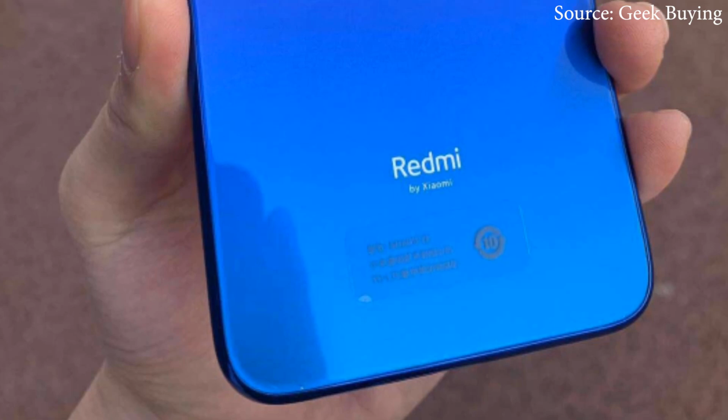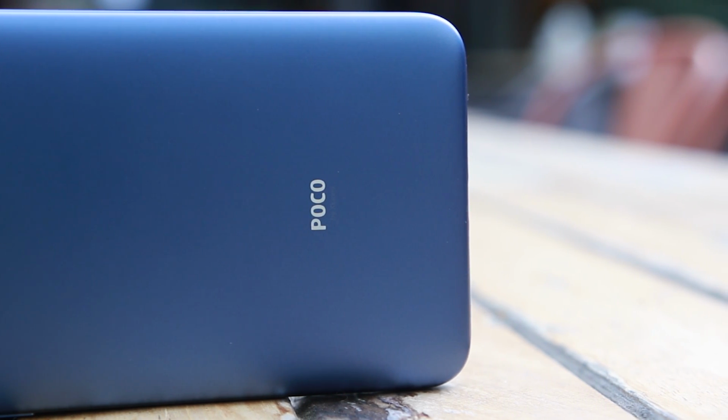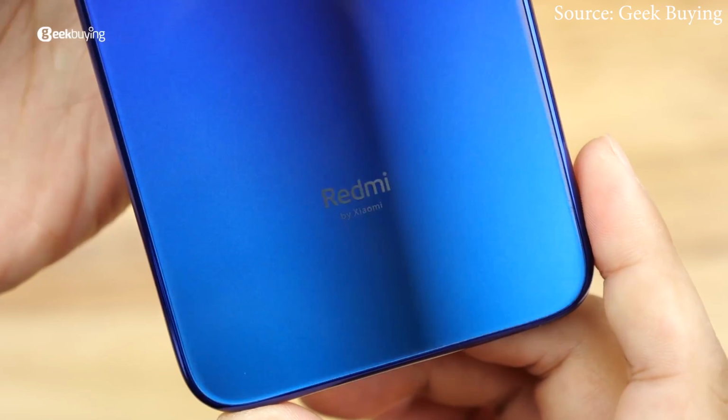Okay, now this is also something different from the other Redmi devices. Xiaomi has officially established another sub-brand called Redmi, and the phones under it will be labeled as Redmi by Xiaomi. Well, ring a bell? I'm sure it does. Just like Pocophone, Redmi is another sub-brand by the company, and the Redmi Note 7 is the first smartphone